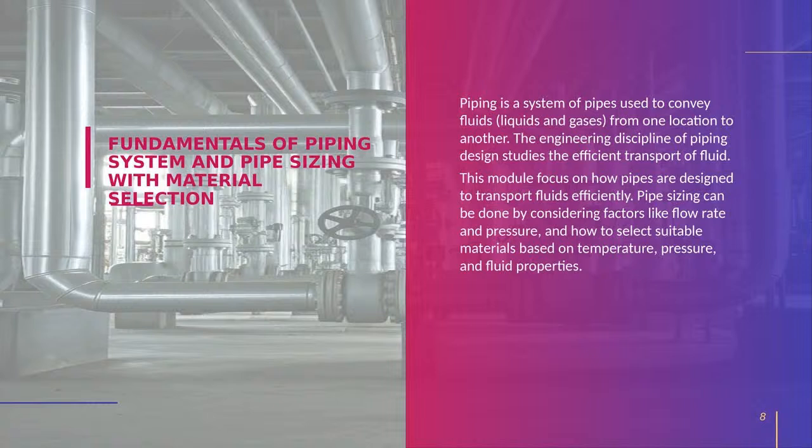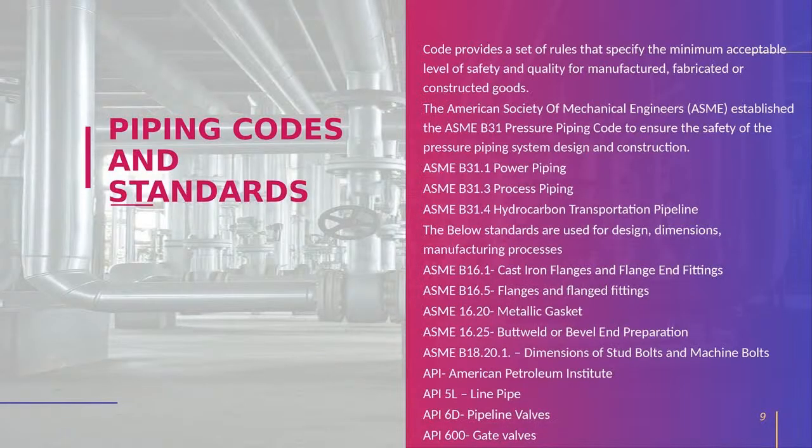Mostly pipe sizing will be done by the process team along with the piping team, based on software like PIPENET. For piping material selection, we will have our own manual calculation, and we will show in detailed sessions how we select the material and the pipe size, and we will see everything in detail in those sessions. Okay, next one.